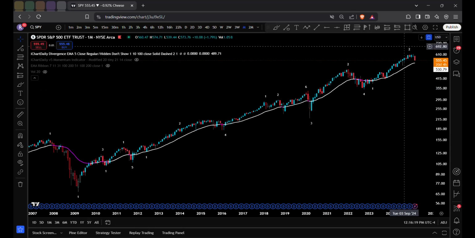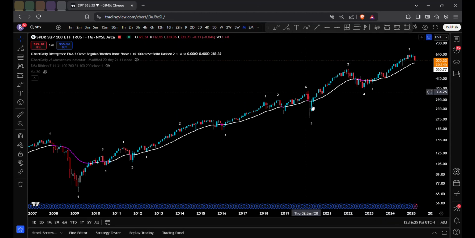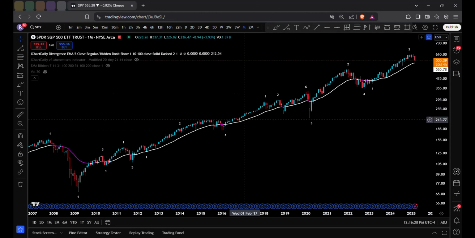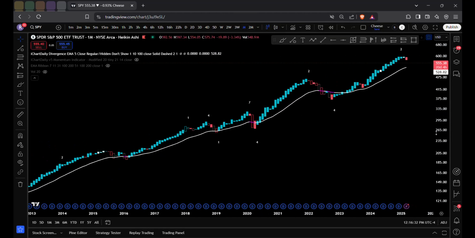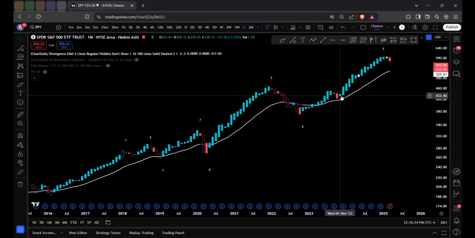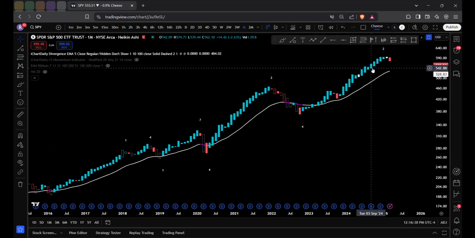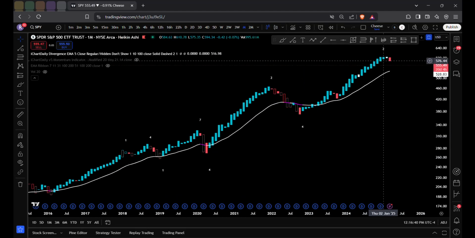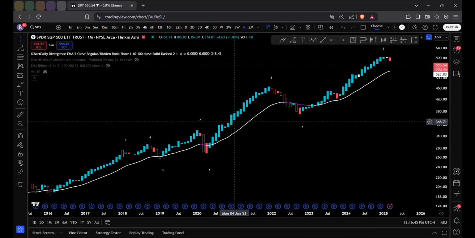You can see the divergence number also printing, which is never a good sign. Every time these numbers print, it usually shows market bottom, market top. I'm curious what the Heiken is. That's also never a good thing, since we had 16 months of bullish momentum.